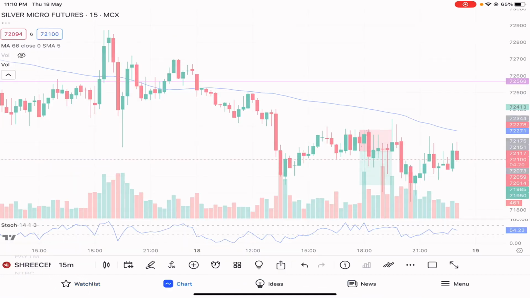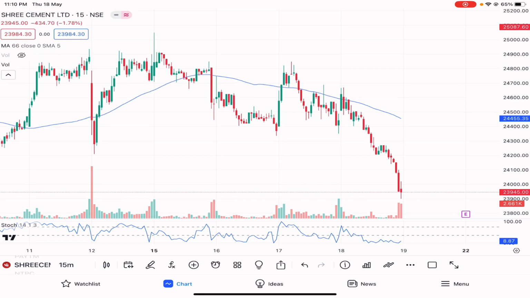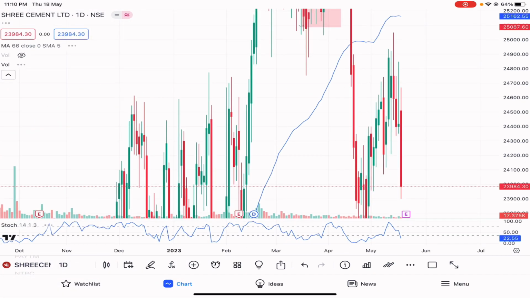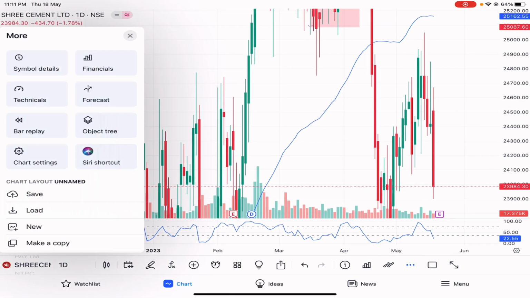Okay, let's go to Shree Cement Limited. This is a very expensive stock. If you can see the price, it is over 24,900. Give me a second. Okay. So now let's first find out a false breakout in this and then we can discuss how to